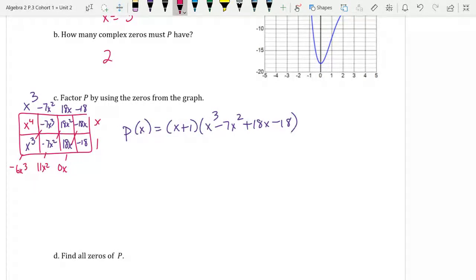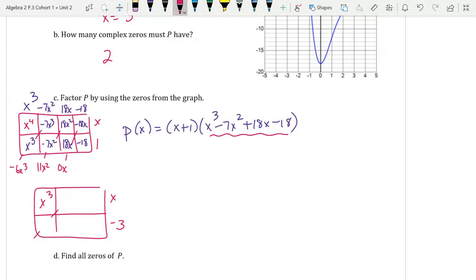So the other zero was +3, meaning the other factor is x minus 3. And this time I don't want to create the original polynomial. I want to recreate this one. I want to take x minus 3 away from that one. So I want to create x cubed. I want to create -7x squared. I want to create 18x. So that would make this x squared,